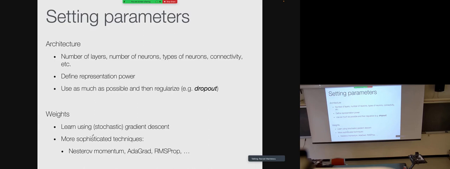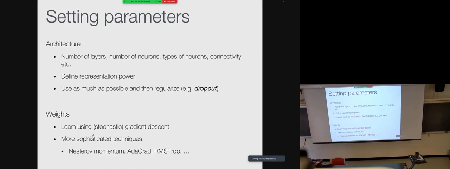Generally, the approach in the field has been that we add many layers, many neurons, and then we regularize afterwards with things like dropout. What dropout means is that we randomly drop some neurons during training to make the network more robust. Because this way, sometimes you can introduce redundancies, and sometimes they can be good. So you don't have a single neuron that is critical, such that if you drop it out, the whole thing crashes. This way it makes the network more robust.